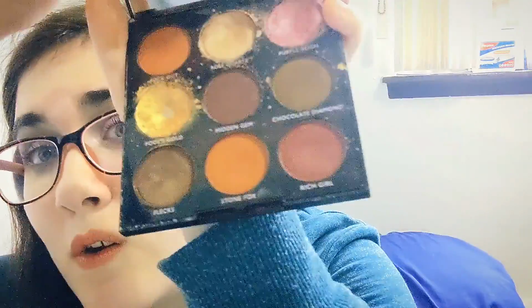Beyond that, it's just not good, both tone-wise for me and quality-wise, because I don't know if you can see this, but Rich Girl has these bumps within the shadow, and it developed hard pan, and I'm not talking just because of age. When I first got it a couple years ago, this bottom shade Rich Girl just had this hard pan and wasn't pigmented, was super patchy, and I was pretty bummed about that, but I'm like, oh, everyone's hyping up Morphe, I must be using it wrong, but no,